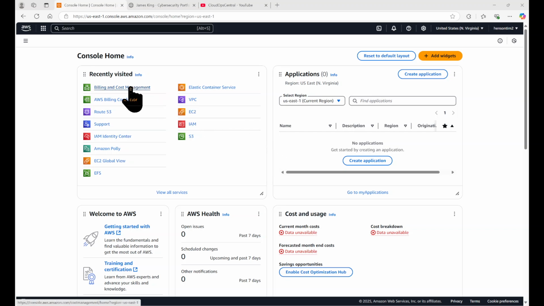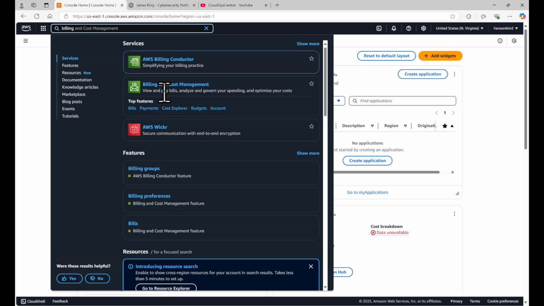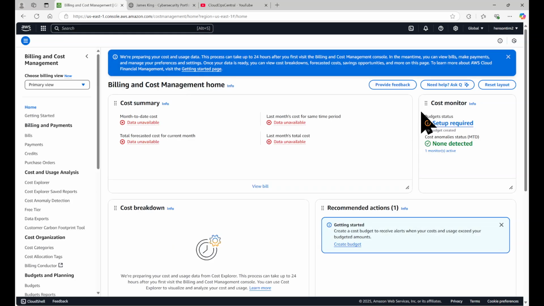If you notice, I've already been to billing and cost management, so it is in my recently visited. However, it might not be in yours, so let's go up here to billing. Click on billing, and we want to look at billing and cost management. We're going to click on billing and cost management, and look over here on the right-hand side of the page, at least that's where it is now, and click on budget status